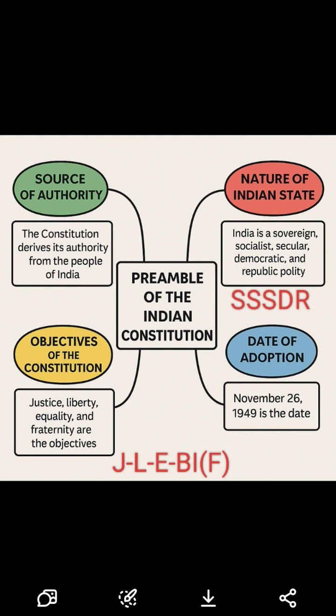Let's explore each deeply. Justice. Everyone is treated fairly and equally. No one is above the law, not the rich, not the powerful. There should be no unfair treatment based on caste, religion, money, or background. Example, if a minister and a farmer both break the law, they both should be punished equally. That's justice. Liberty. People have freedom to live how they like, think what they want, and follow any belief.